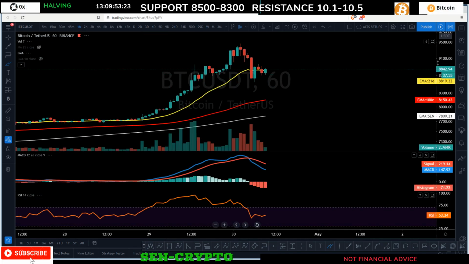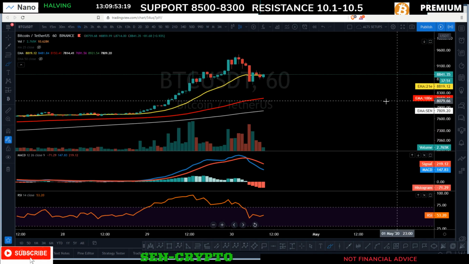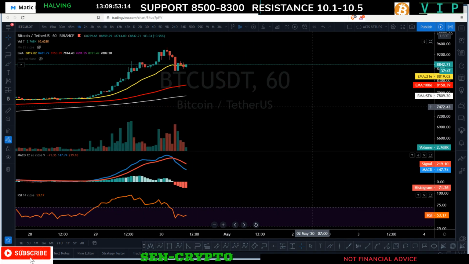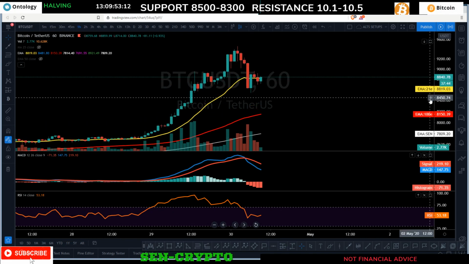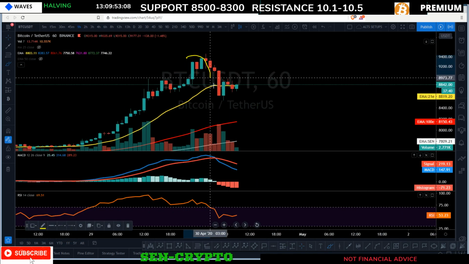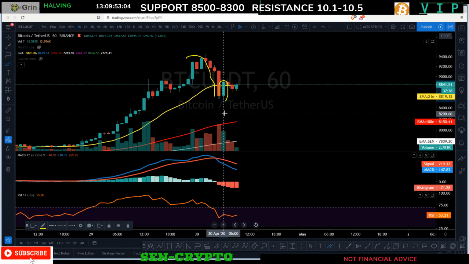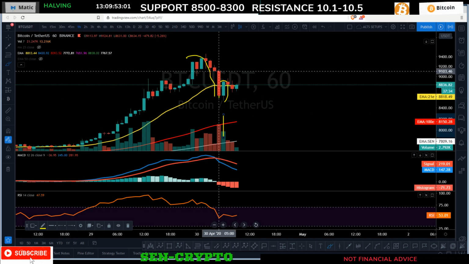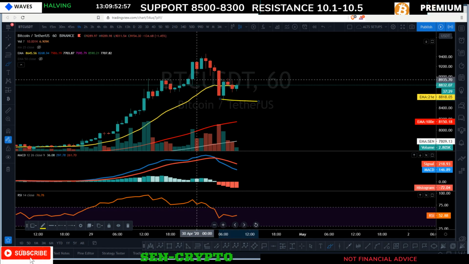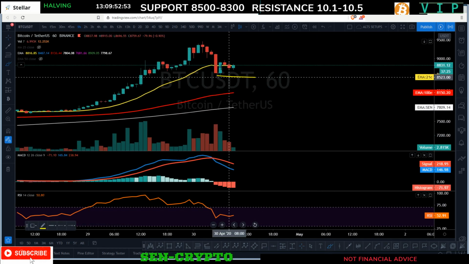So let's take a look at the hourly time frame. A very important price action aspect on the hourly. I know most people are going to be panicking in this area, but no need to be panicking, okay? No need to be panicking. So as you can see, we dropped down below the 21 EMA on the hourly, and we got a bullish reversal candle. Volume was not great, but the selling pressure we got was capitulative enough to expect price to move sideways.